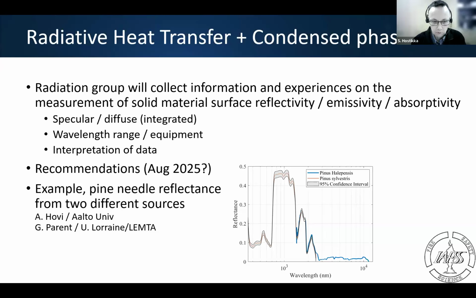And this is something we would like to obtain. How to do that for the pine, hopefully we can help the condensed phase group over here.